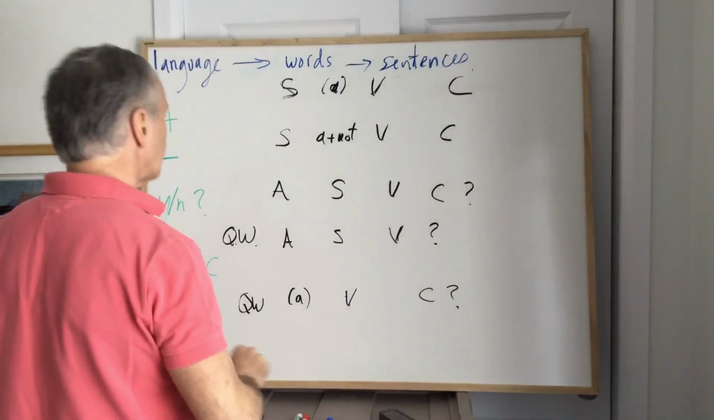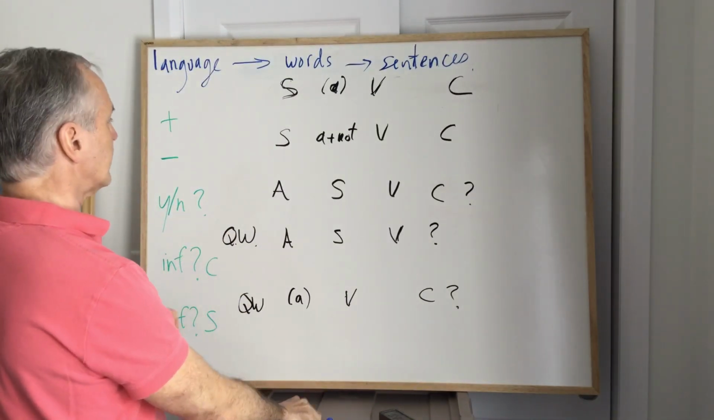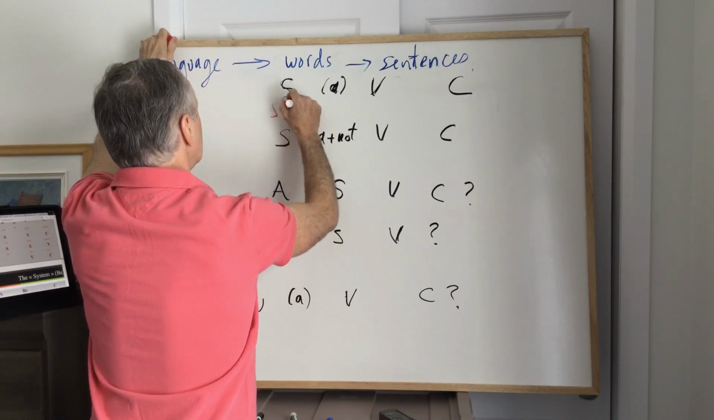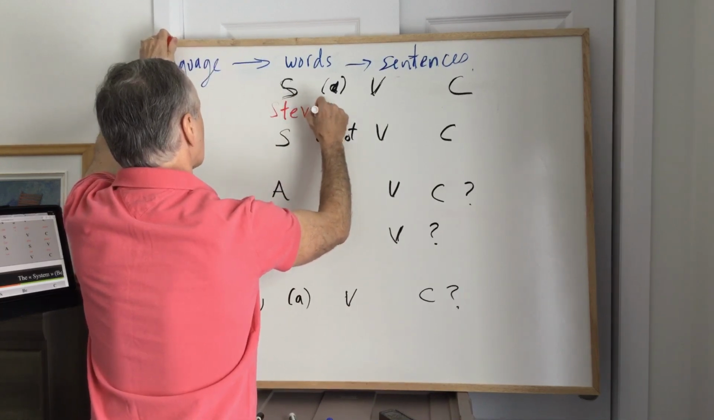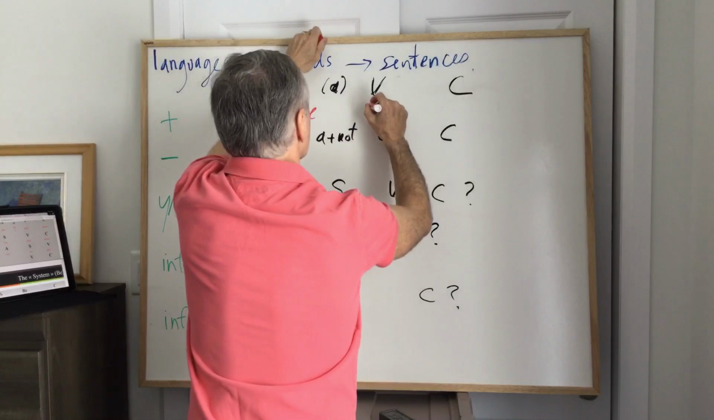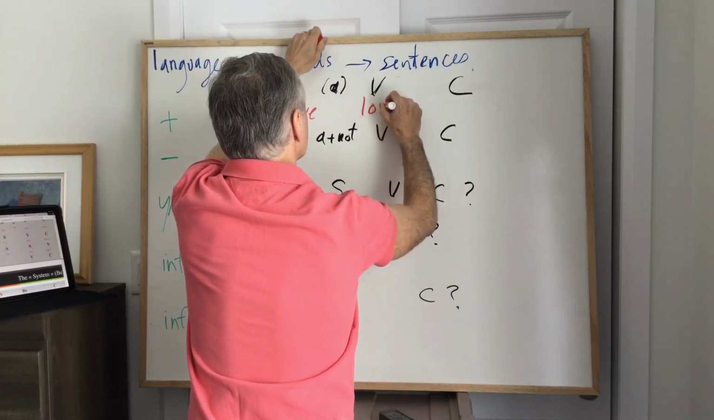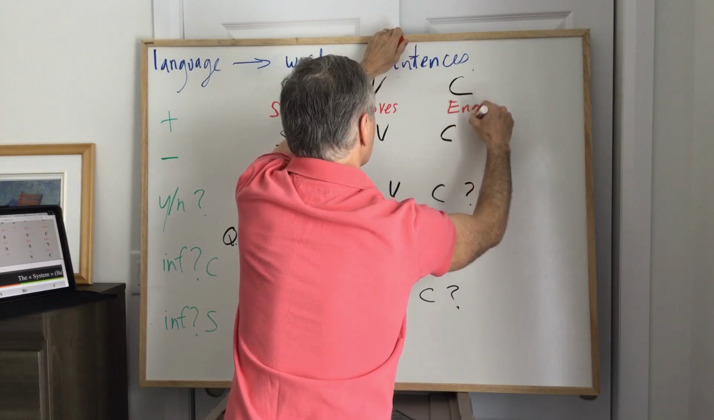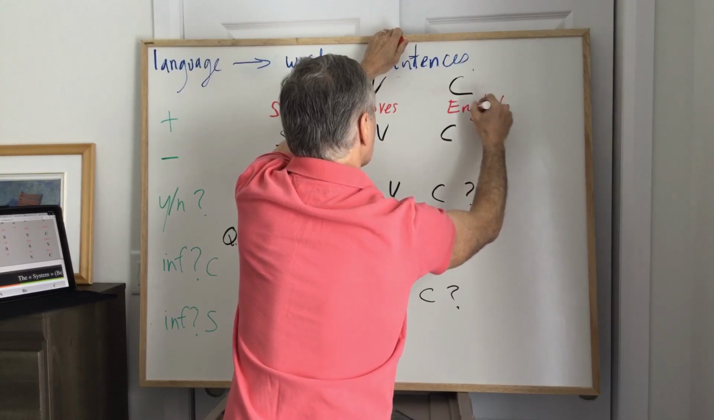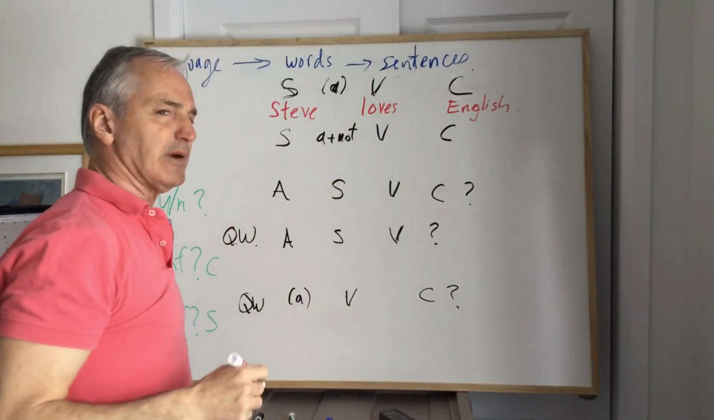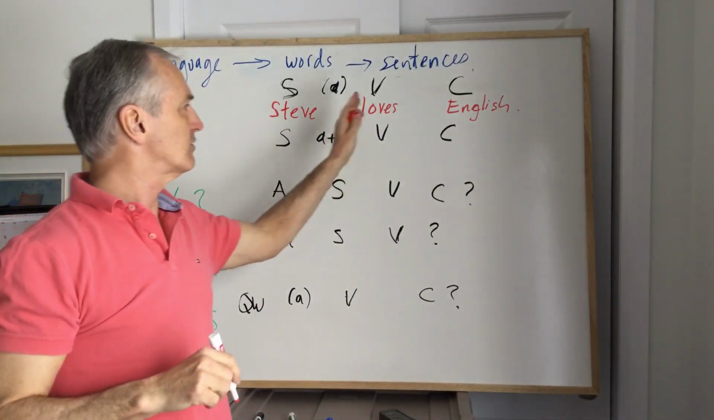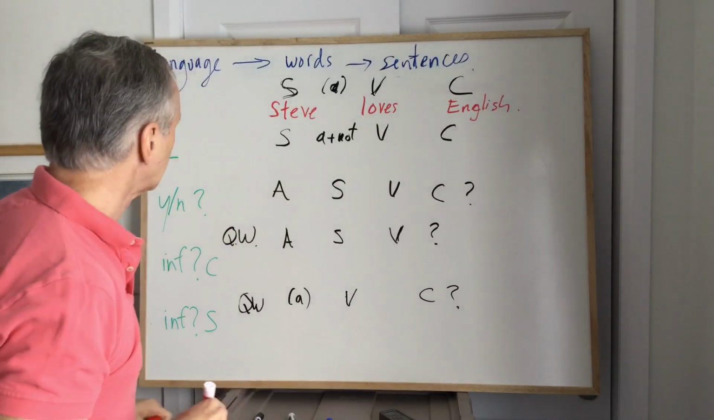Steve. Let's use another color. Red sounds good. Subject, Steve. Let's make it passionate. Loves English. Yeah, with a passion. That's why it's in red. Steve loves English. Okay? Subject, verb, complement. Now,